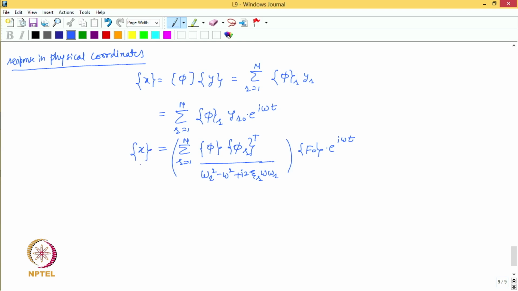If you compare with the solution we assumed, x naught e to the power i omega t, then this quantity is nothing but